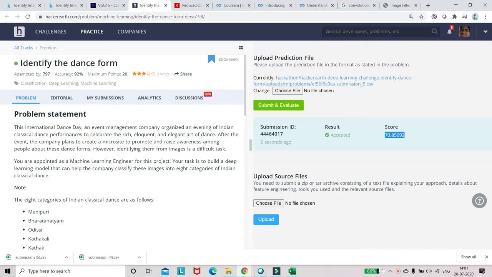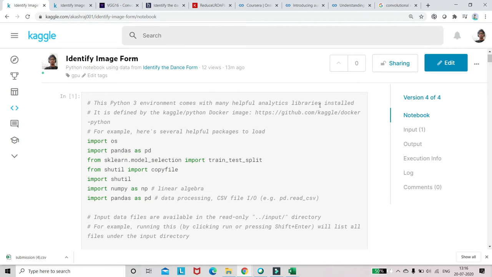Friends, I moved to Kaggle for a few obvious reasons. First of all, the dataset is not available now on the HackerEarth website, so new people watching this video for the first time won't be able to understand what is going on. And secondly, Kaggle provides a lot of GPUs which will enhance our training speed. Previously, when I was trying to train on my system, it was very slow, and I needed to try a lot of combinations of different transfer learning models. So it was quite a slow experience for me, so I decided to move to Kaggle.